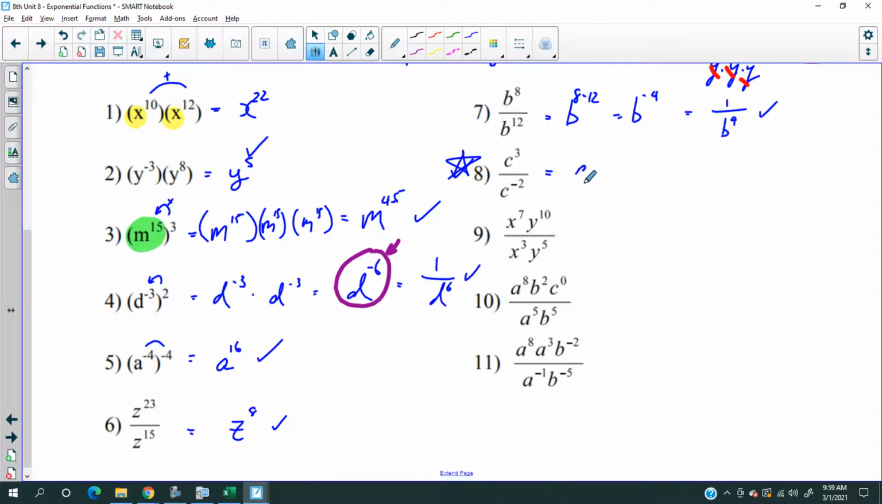All right, so C, right? 3 minus negative 2, by the way. That's what this is. So that's C to the 5th power. Okay? Yeah? All right. Now, here, now it gets a little bit interesting as I'm introducing 2 variables at the